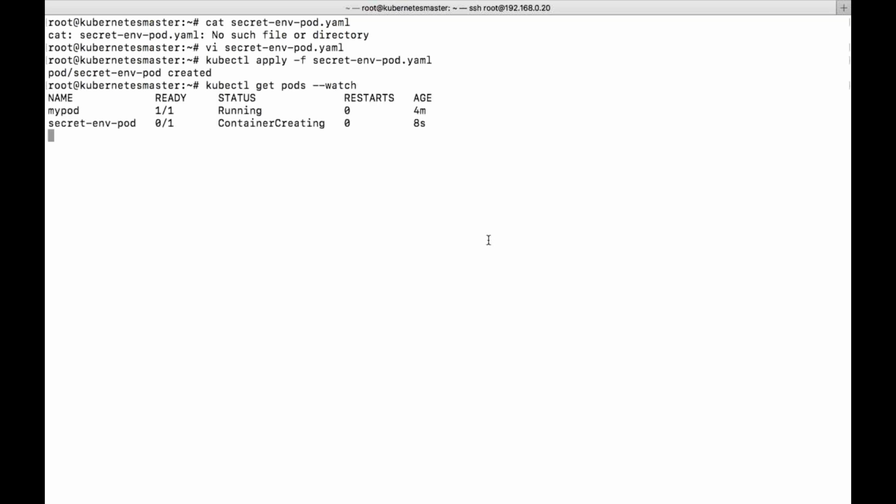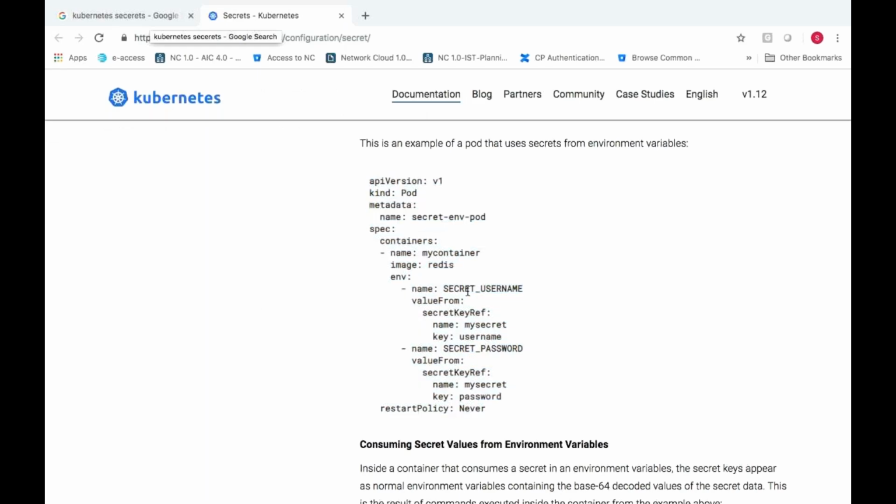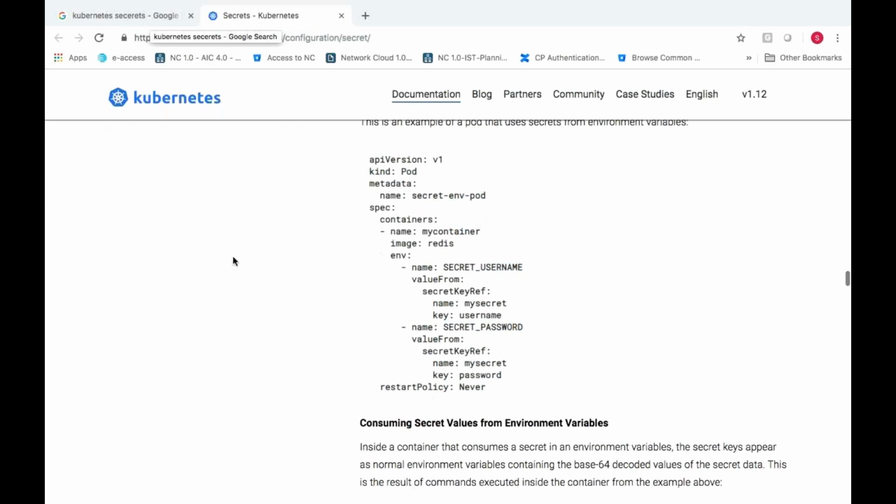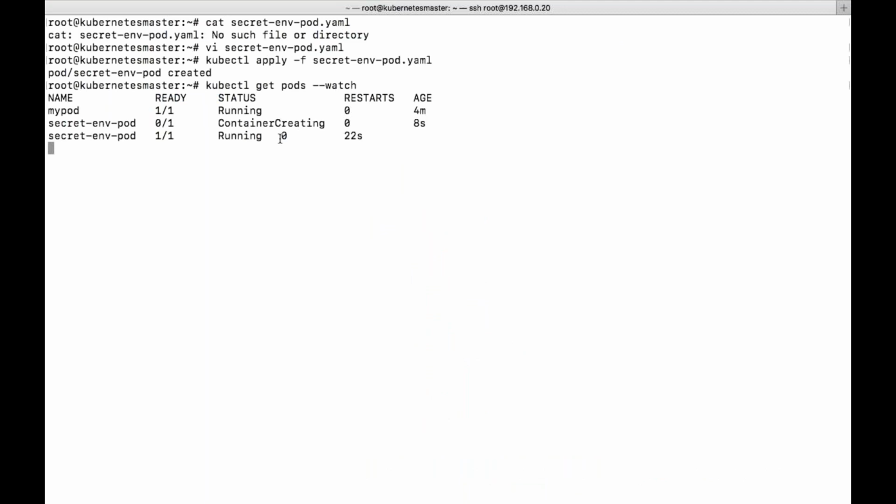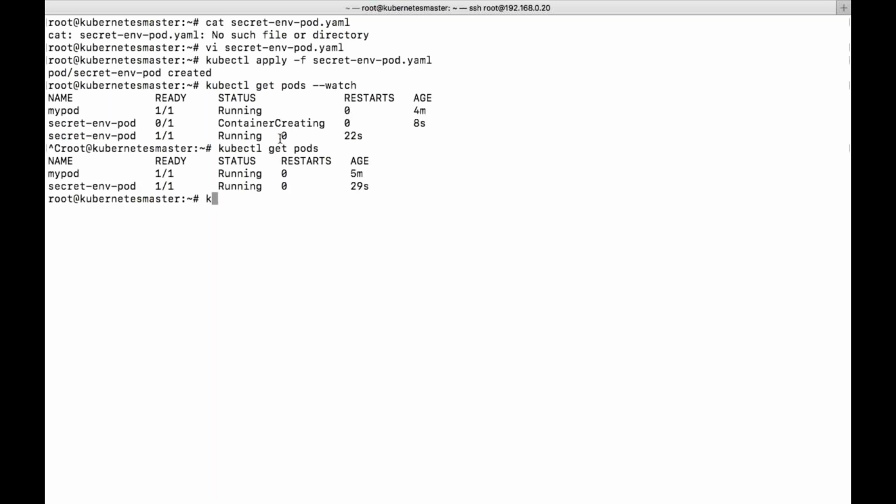Let the containers be initiated, and after that I will show you how these environment variables can be seen. Now you can see it is running right now. It is in running state. So how will you see the information? So kubectl, exec, env, in the sense environment variables in that particular pod.